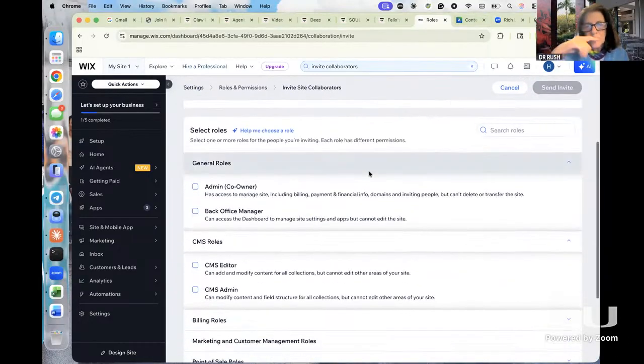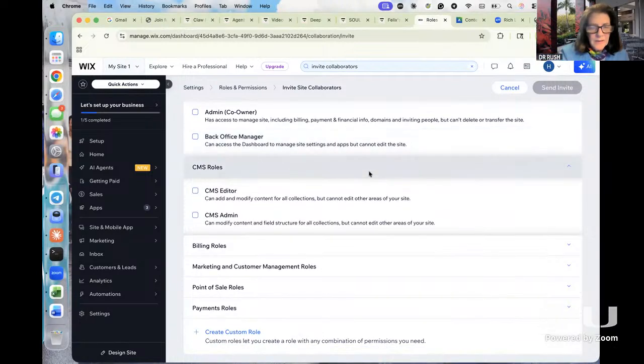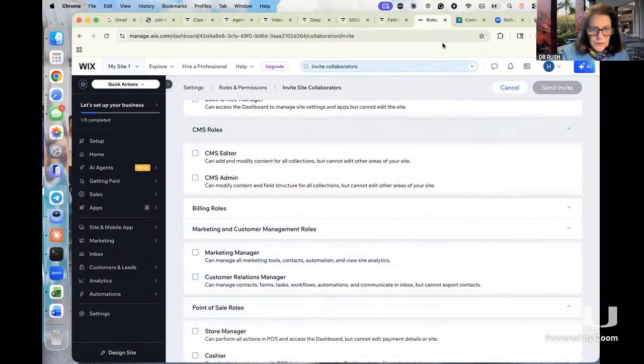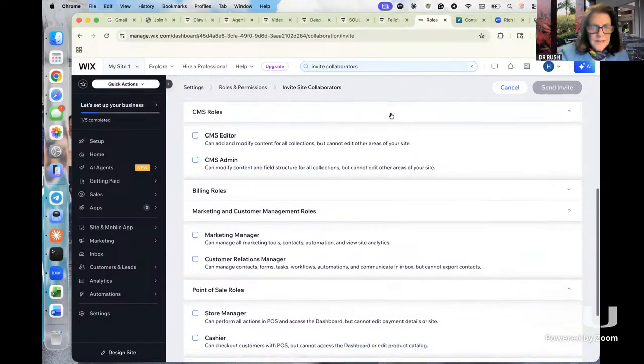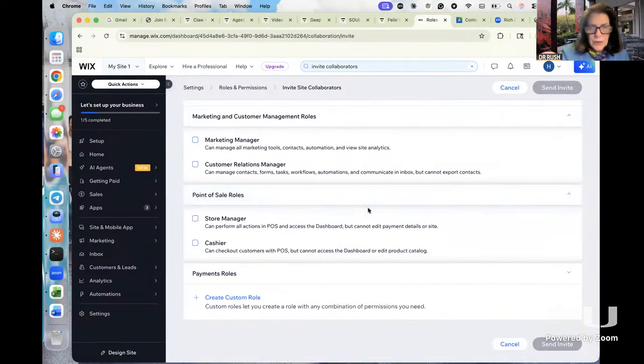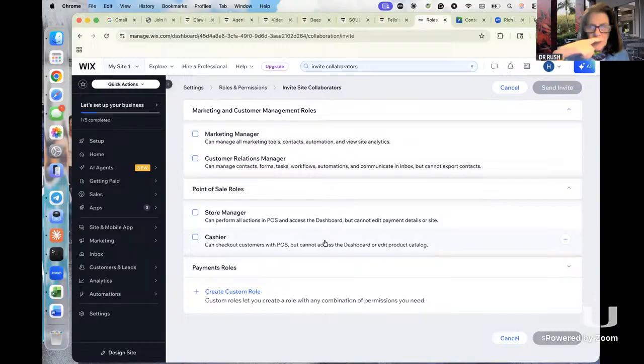And in this case, you can put those in. And then you can see here billing roles, point of sales, payment, back office, what other kind of point of sales we want to give them, in roles and positions that we're wanting to be. The editor can contact but cannot edit. No, we want to make CMS can modify structures but can't edit your site. Billing, marketing can manage. Point of sales, we want them to be. Is there anyone else? We want to create, go all the way up to the top.